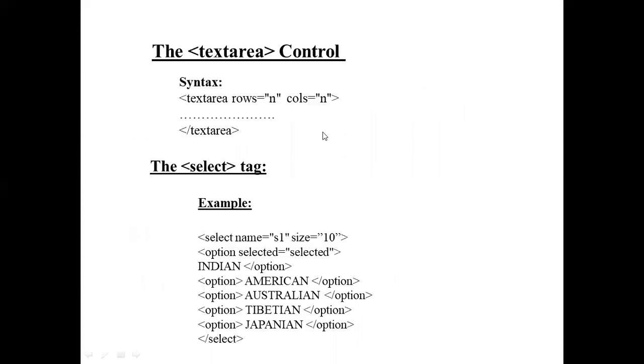Next, submit and reset, and next one is the text area control, used to enter multiple lines of text, and next, select is used to select one item from the drop down list.